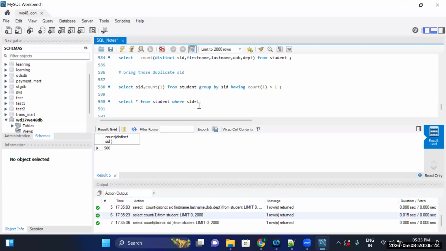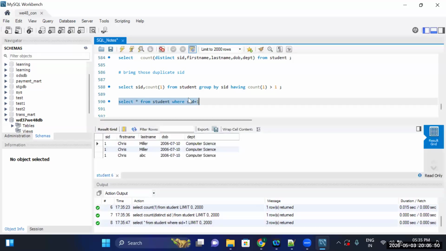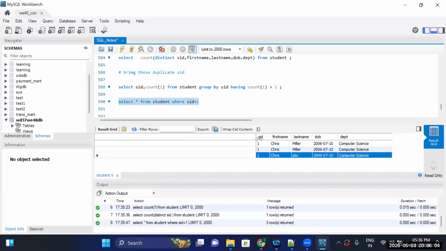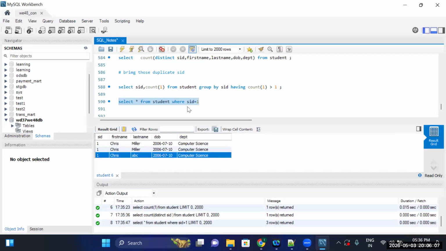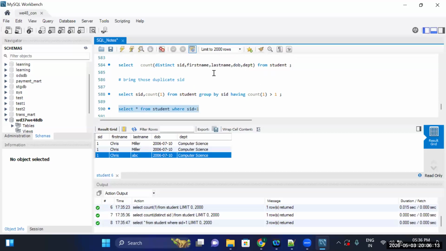But what I'm saying is, we found which record has a duplicate. We found that SID one has a duplicate. When I query SID one, the last name in this record differs. This record is a duplicate SID wise. But if you consider the overall record, the entire row level, it's not a duplicate, since the last name varies. I want to check if the entire record is duplicated or not, so I apply distinct on all the columns: the combination of SID, first name, last name, date of birth, department. So it is returning